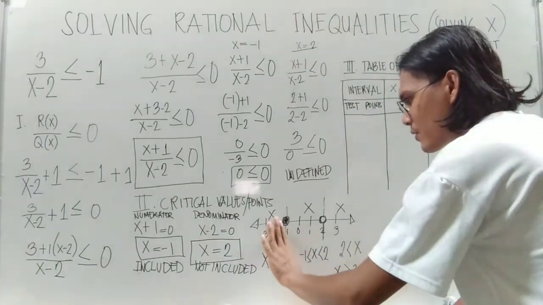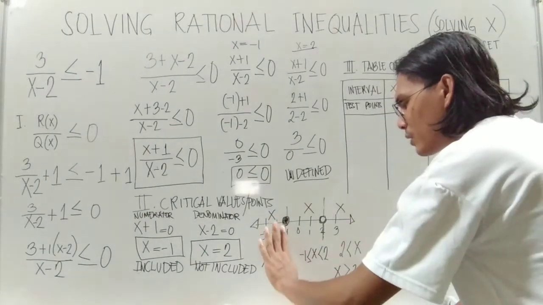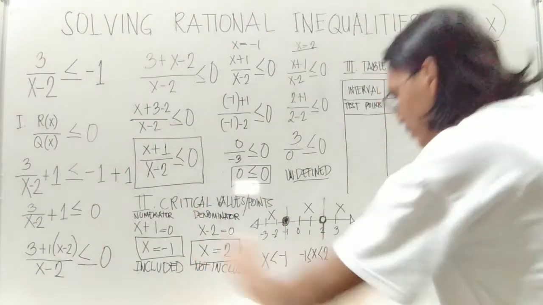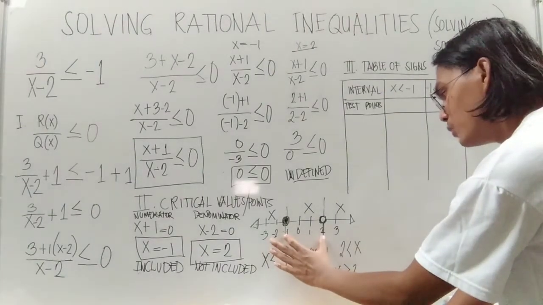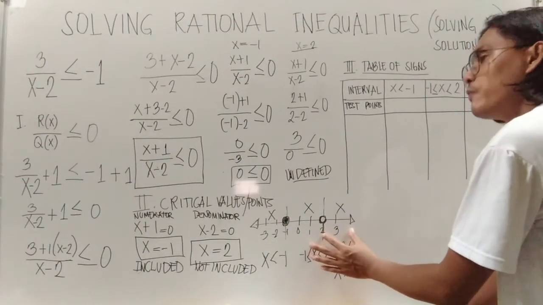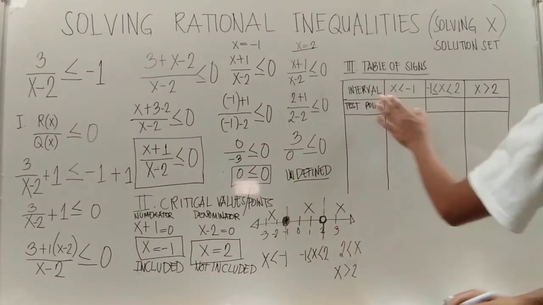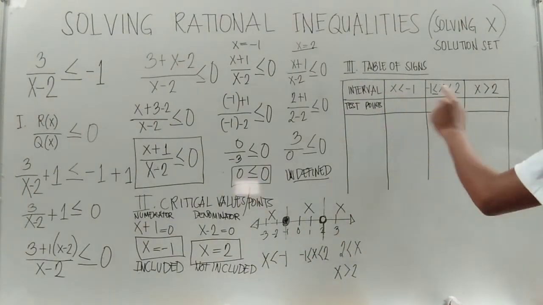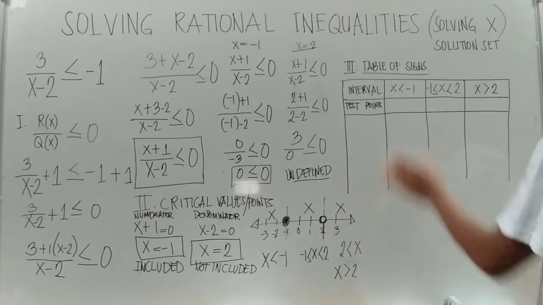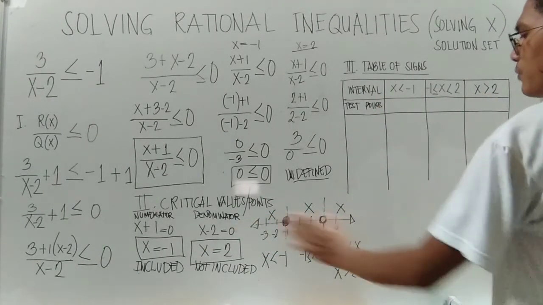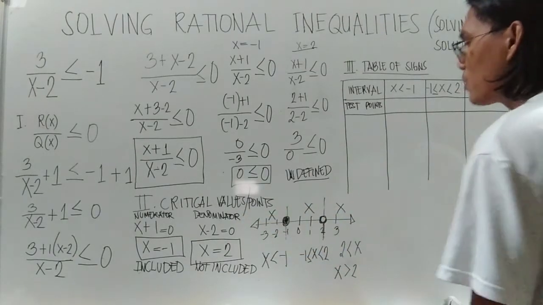The values to the left of negative 1, between negative 1 and 2, and then to the right of positive 2. Okay. So these intervals written in notations